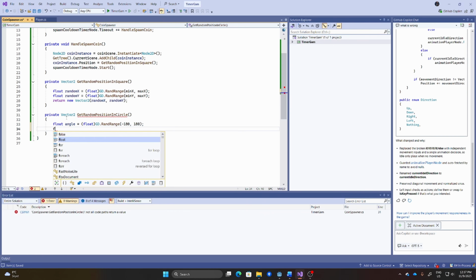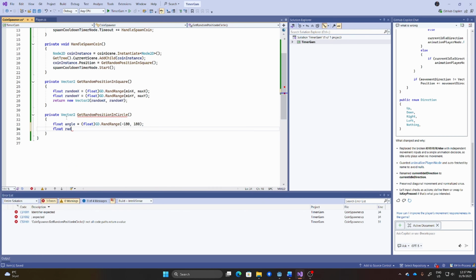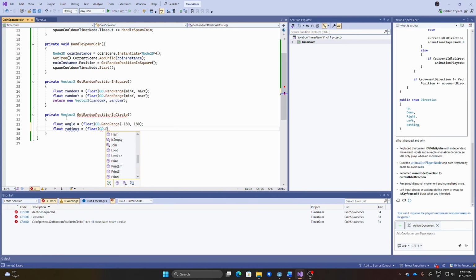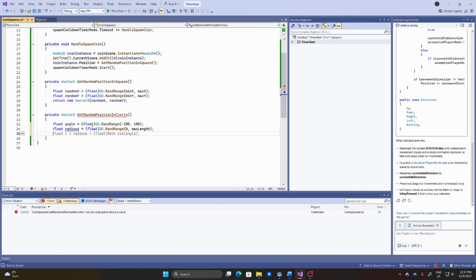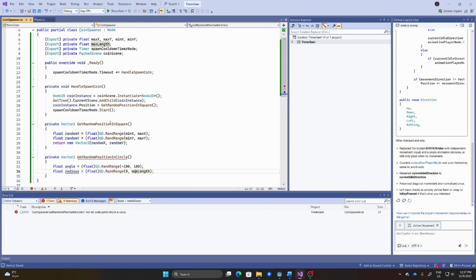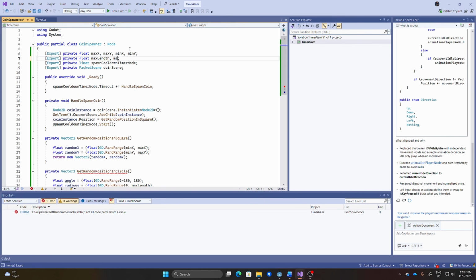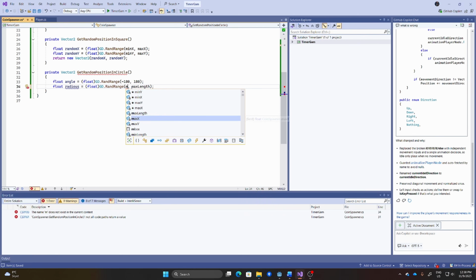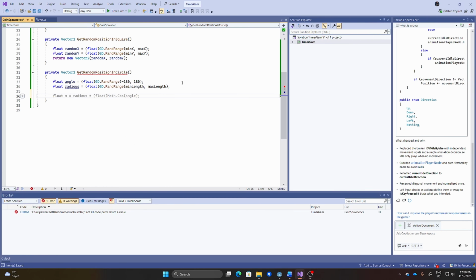And now let's create a float radius is equal to float dd dot range 0 to max length. Let's actually also export a min length. So min length, so it's from min length to max length.